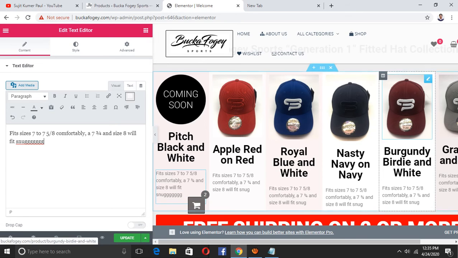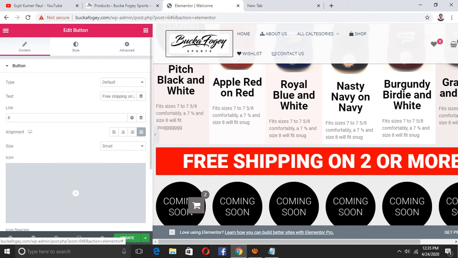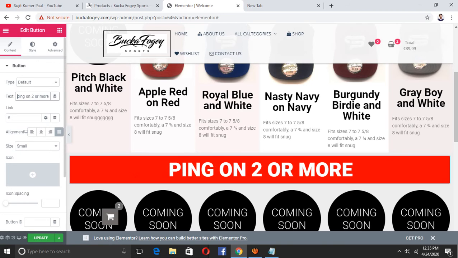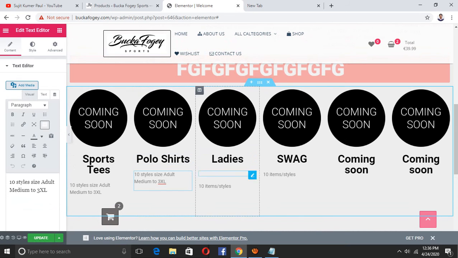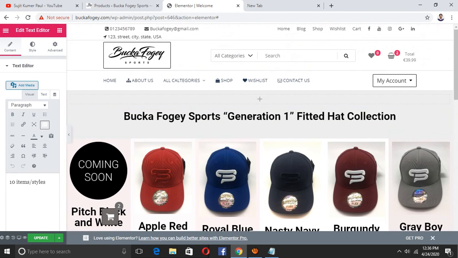Every section you can do the same way. You click here. Okay, you can see. When you click here, you can see this free shipping here. You can write something. Then the same way you can change this page, this image, and just update. When you finish changes, then you can update. Okay, I hope you understood.